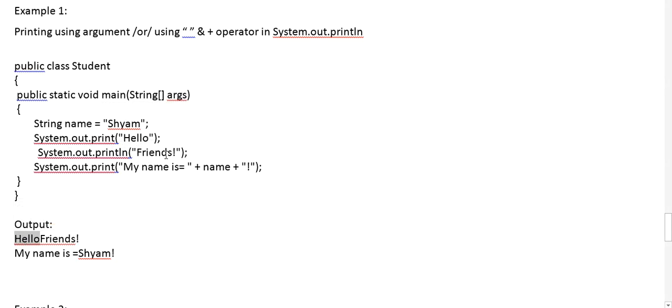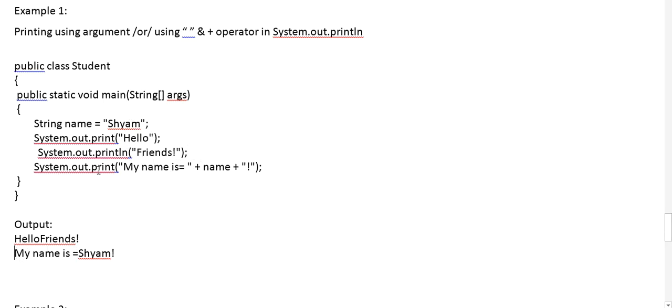Then we print friends, and it will print friends. But here we have mentioned ln, so after friends the cursor will go to the next line, before my.